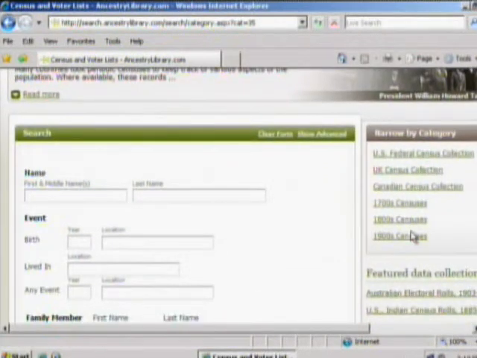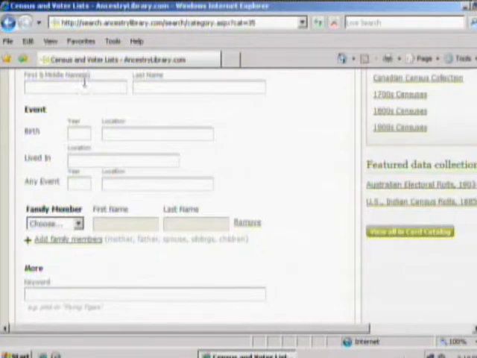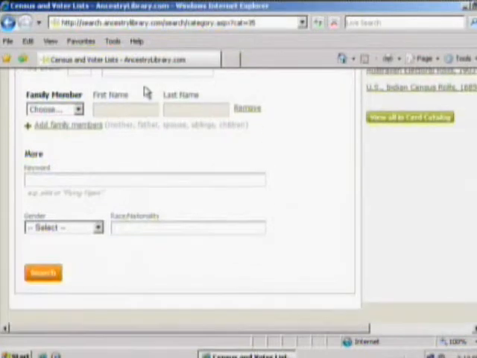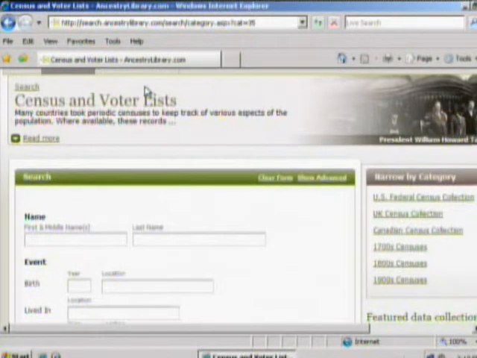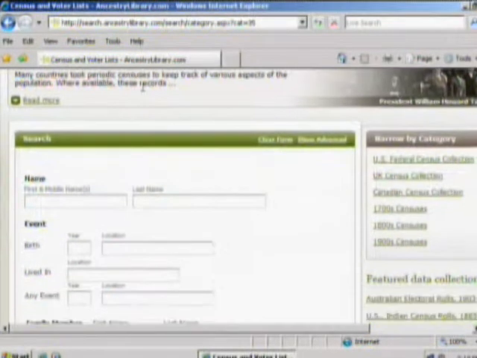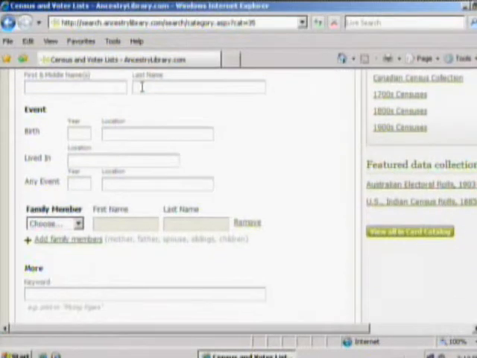There are categories here available to you. And again, the searching mechanism is the same through each census. It just broadens it out beyond the U.S. borders. So you can see that if there are any Britons living in England at this particular time, whatever time may be in question.